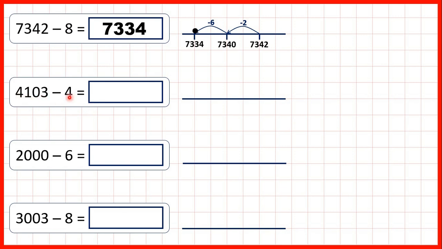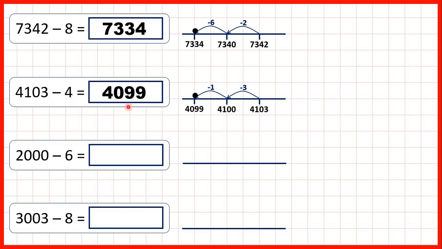Now, 4,103 minus 4. So, from 4,103, subtracting 3 will take us to 4,100, and then, because we need to subtract 4, if we subtract 1 more, that will take us to 4,099 as our answer. So if we know that 103 minus 4 is 99, we know that 4,103 minus 4 is